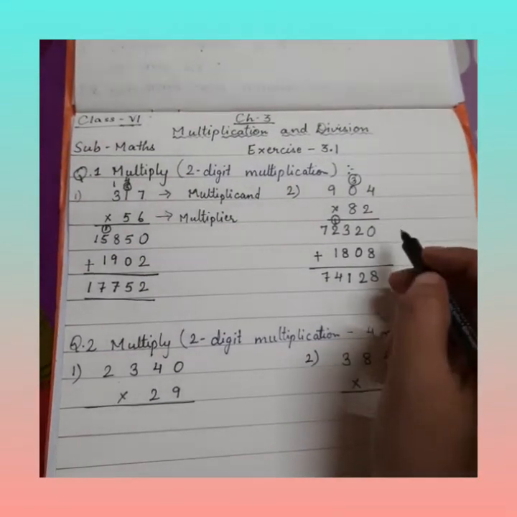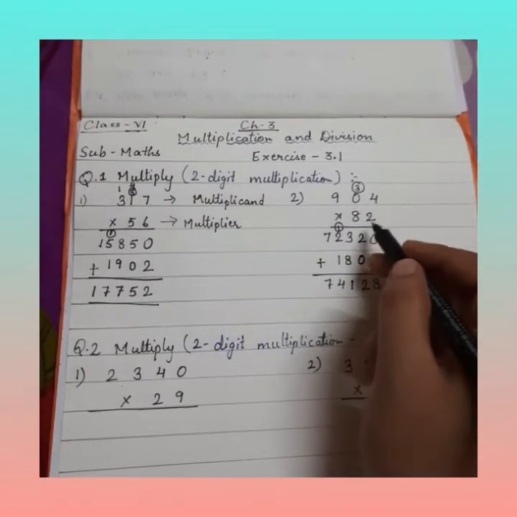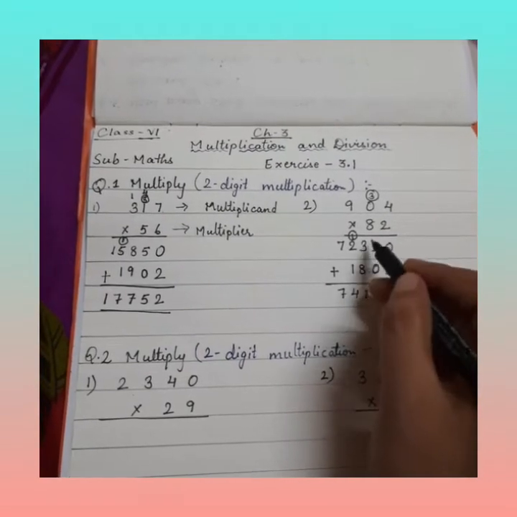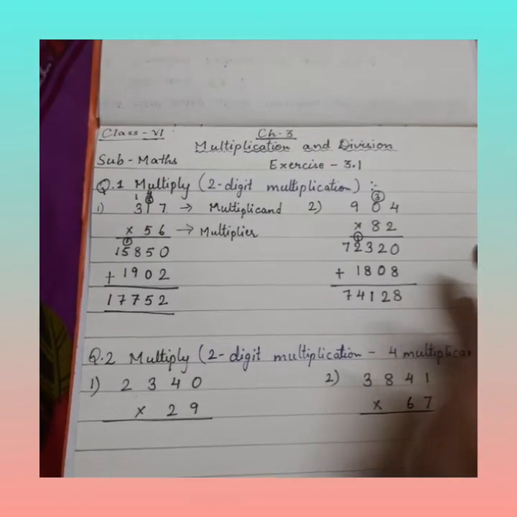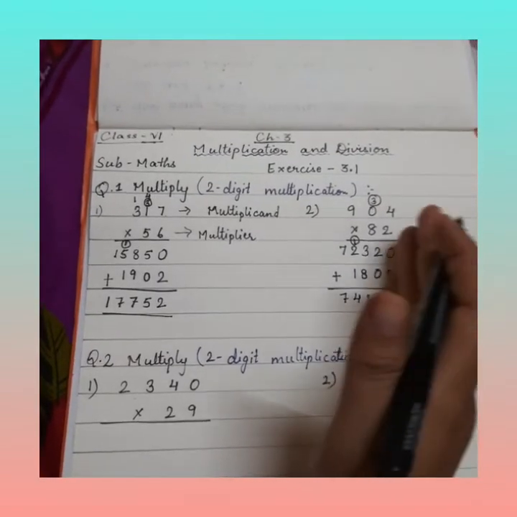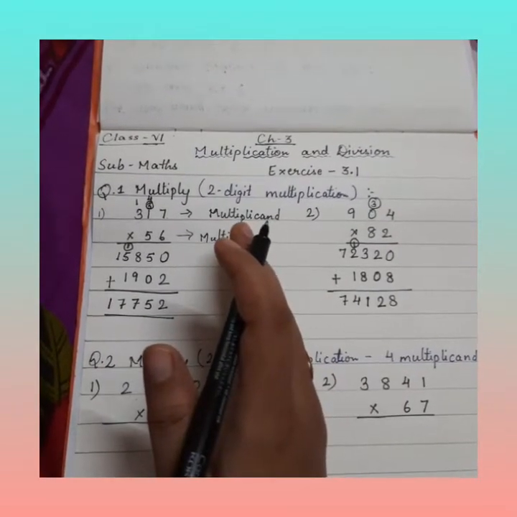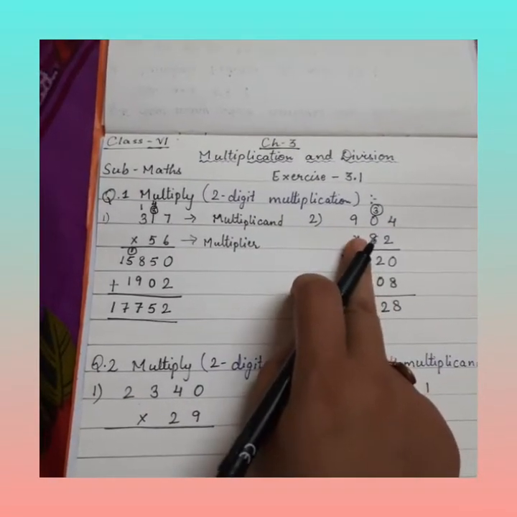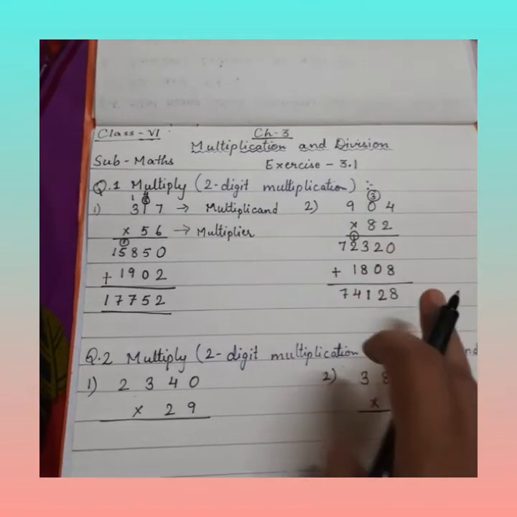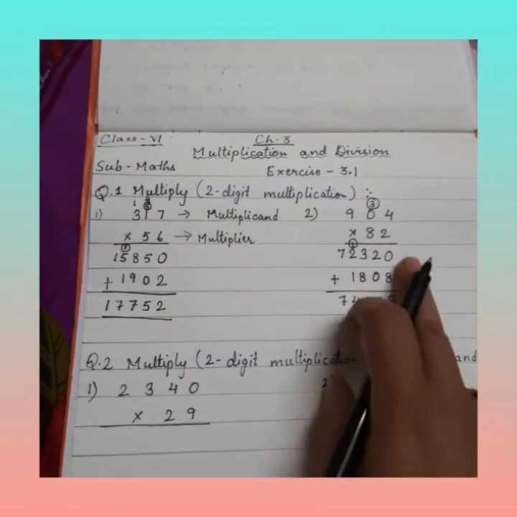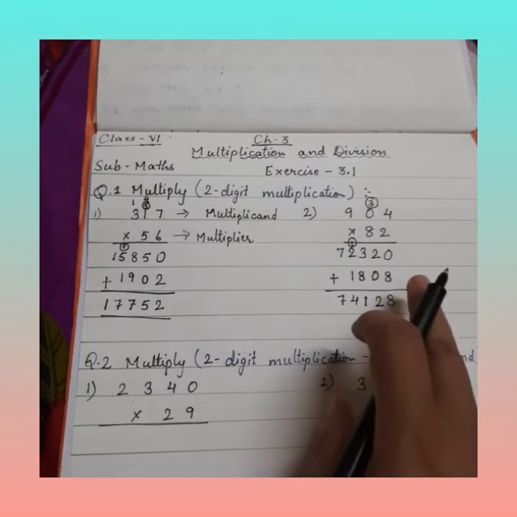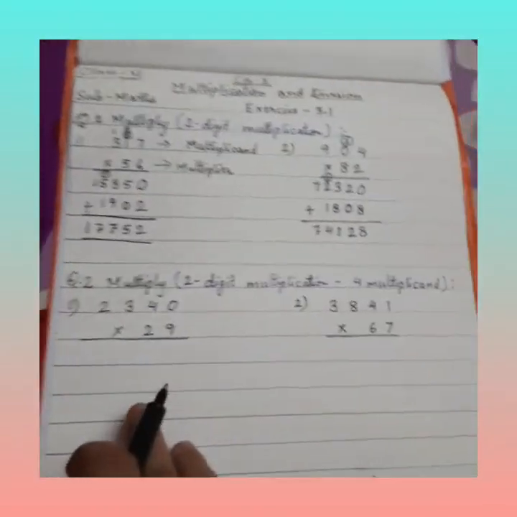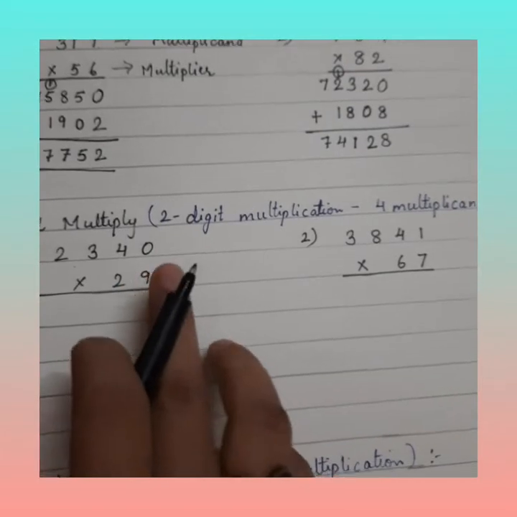So always remember, after doing the multiplication, after reading the tables and all, whatever numbers you get here, you have to add, starting from the right-hand side and moving on to the left-hand side. Multiplication is done from left to right. First we have done for 8 and then for 2. But addition and subtraction are to be done from the right-hand side, moving to the left-hand side. Got it? Now moving on to the next type of sum, that is question 2.